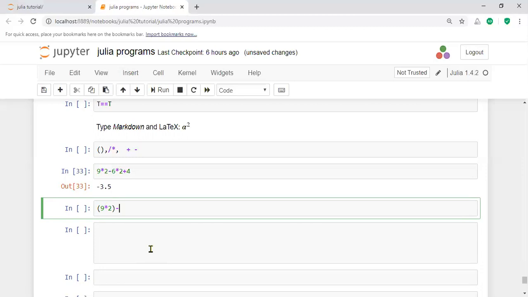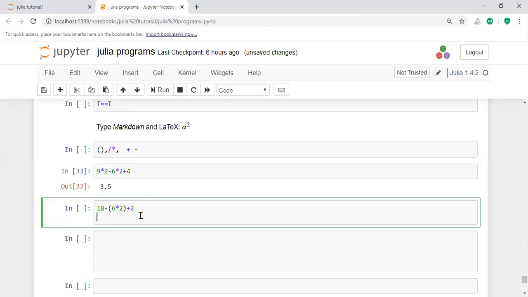The first time 9 into 2 means 18. The value here is 18 minus, and after that you will take the 6 into 2 plus 4. After the first step the value is treated like this. Why? Because star has left associativity. First I am calculating the left side value.